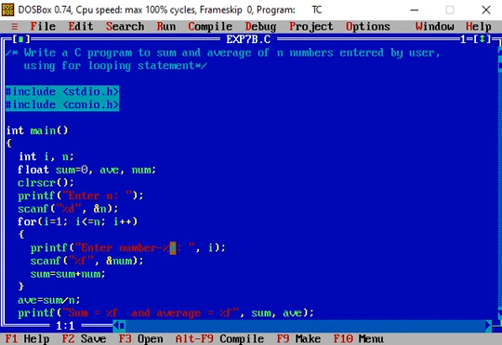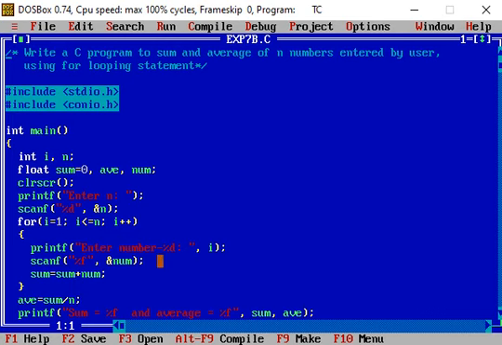So the user enters the second number, then that number is taken in by the scanf function and is stored in the variable num. Then the next statement adds the number taken in to the previous sum value and stores it again in the left side variable sum.